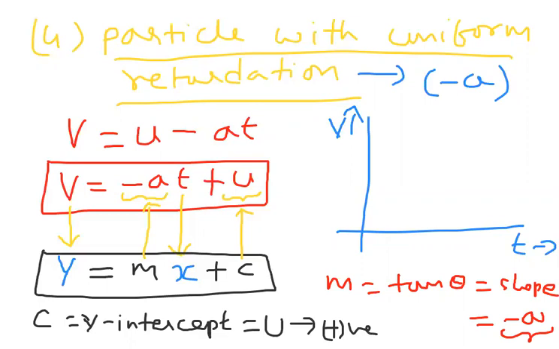Here the slope in this situation is negative. The m value is negative. For a negative slope, you have to observe how to draw the graph. First of all, the y-intercept is positive, which means we start from the positive y-axis. This is the y-intercept, positive, this is a plus c.